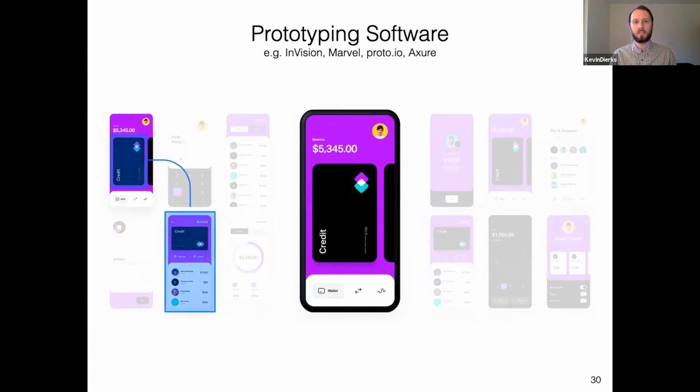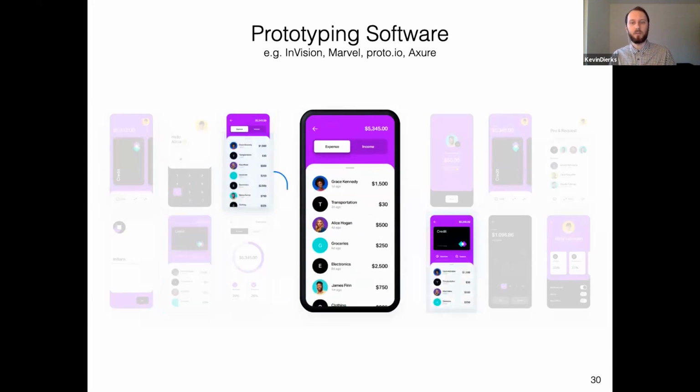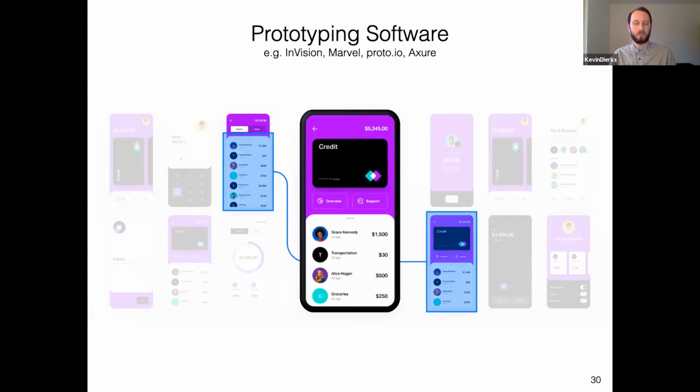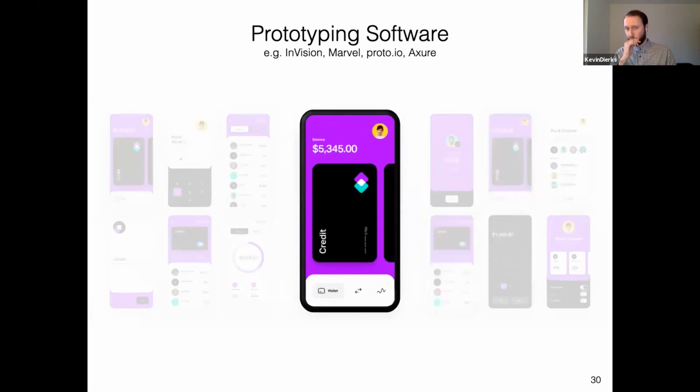And what it looks like is something like this. You can see that from one screen, we go to the next one, and I am able to click through my designs. Obviously, it's more sophisticated because you have animations in there. But generally, it's enough if you can just click on something and a new design pops up. So it's basically a bunch of simple designs that are linked together. And I heard you're going to be getting a demo with Marvel. I also named a couple of others here: Envision, Proto.io, Azure. It really doesn't make that big of a difference what to use there. They're all quite similar.